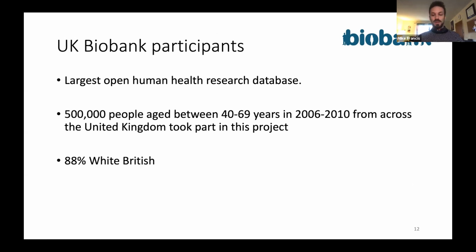It's 88% white British, and that's important because we use only one homogeneous race group. It's just to avoid population stratification, which is a really important consideration in GWAS experiments. So you want to reduce your confounding variables, and one of the things you can do is just take one racial group. So this data set is actually good for that.